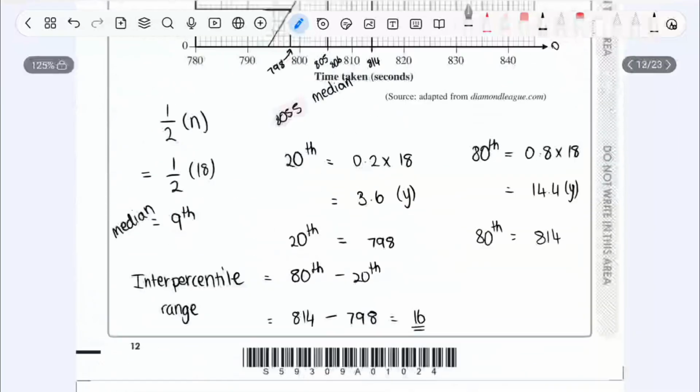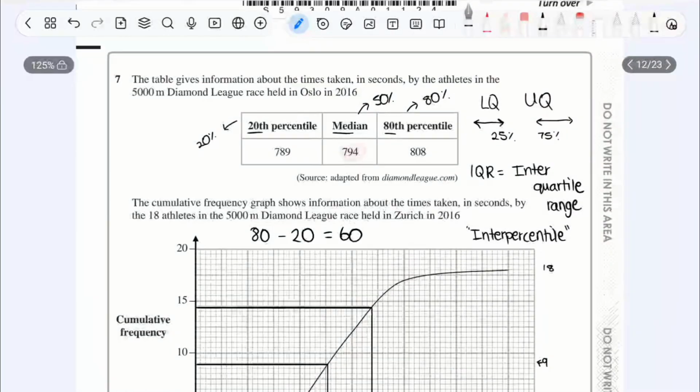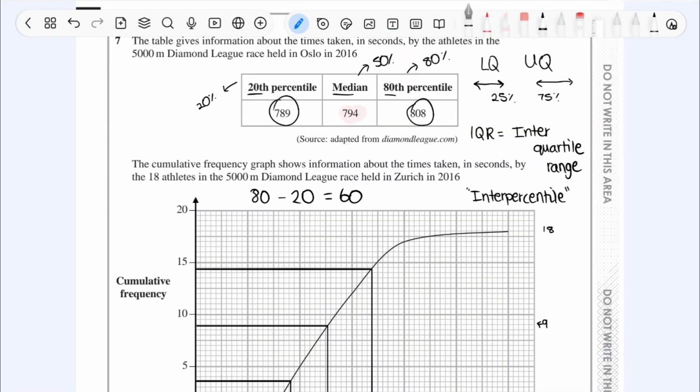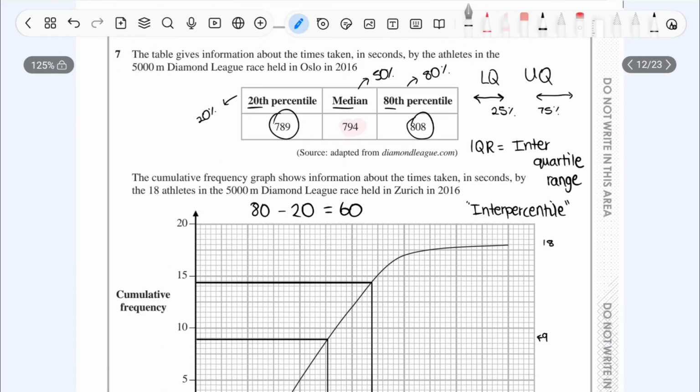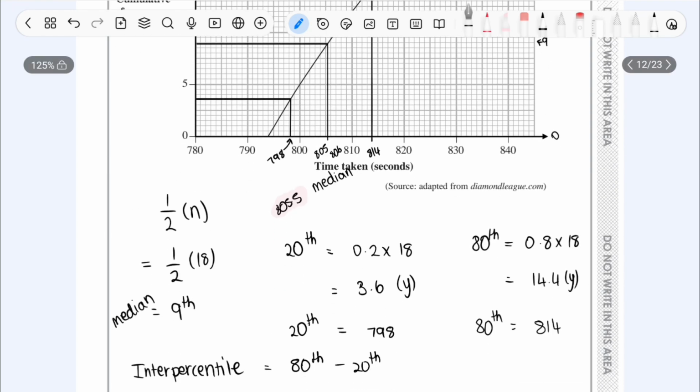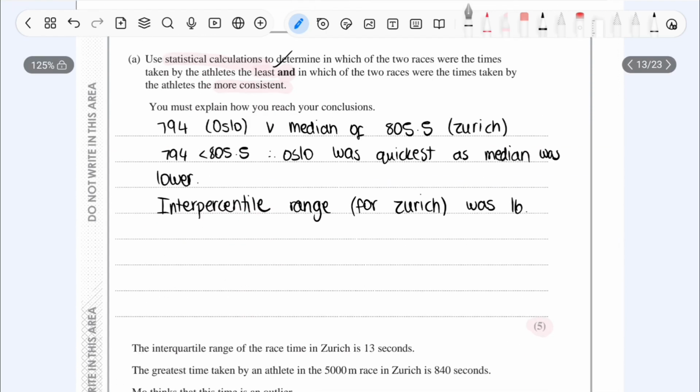It might be helpful now to look at the interpercentile range of the table, or Oslo. We have 808 as the 80th, 789. Now using the same method, the 80th minus the 20th, I'm just going to put them into the calculator, and I get 19. So I'm going to put that into the answer. So whereas for Oslo,